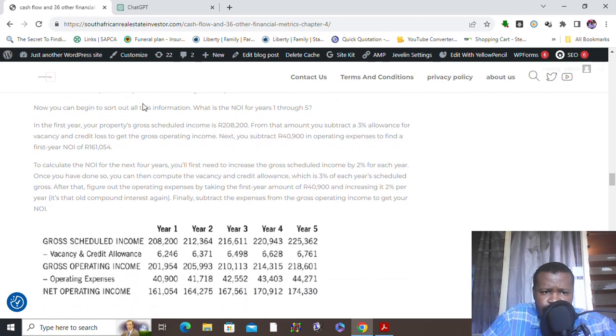You can now begin to sort out all this information. What is the NOI for years 1 to 5? In the first year, your property gross scheduled income is 208,200. From that amount, you subtract a 3% allowance for vacancy and credit loss to get the gross operating income. Next, you subtract 40,900 in operating expense to find the first year NOI of